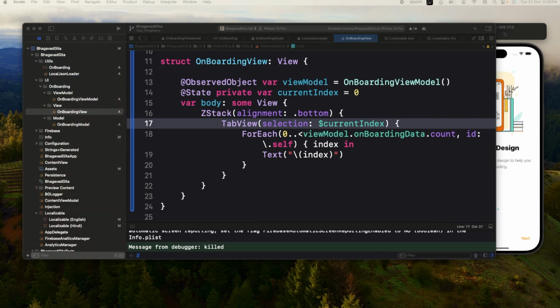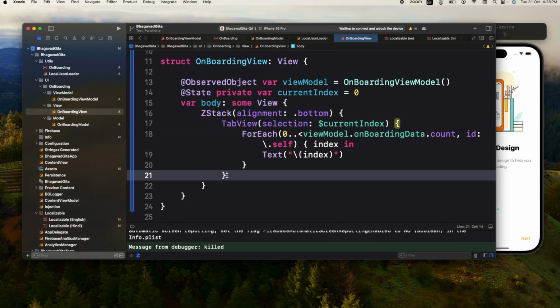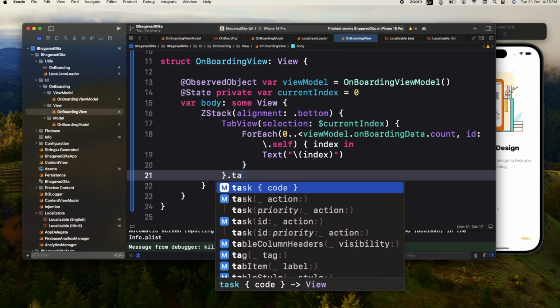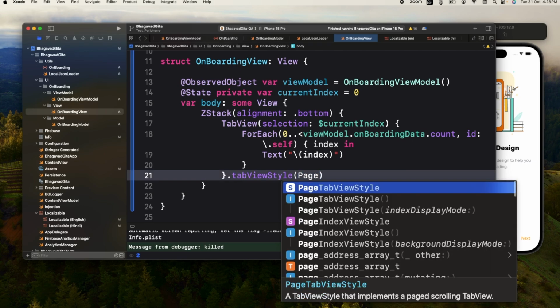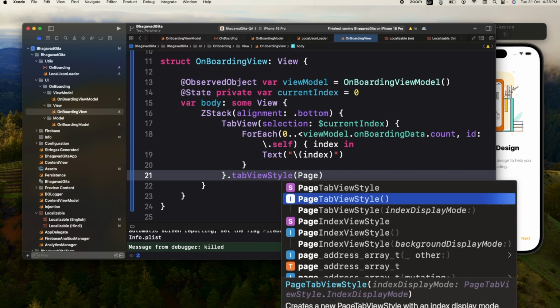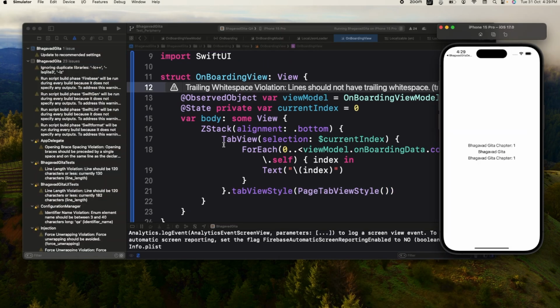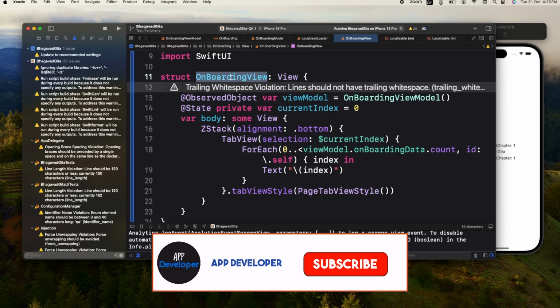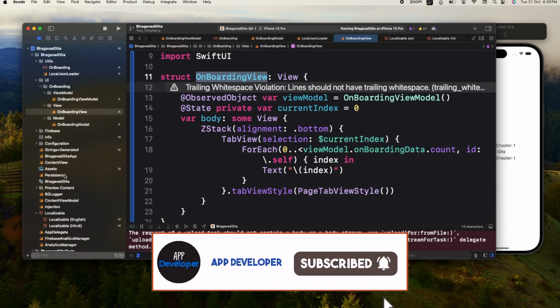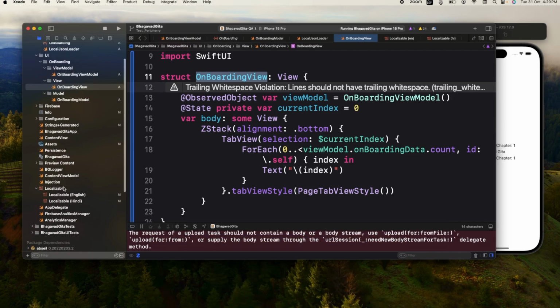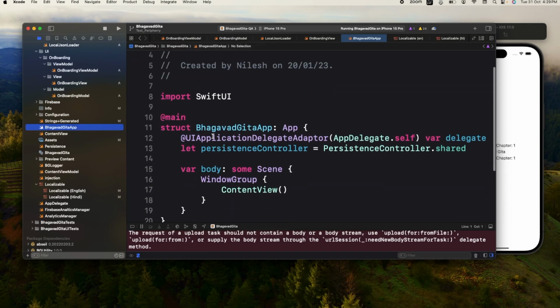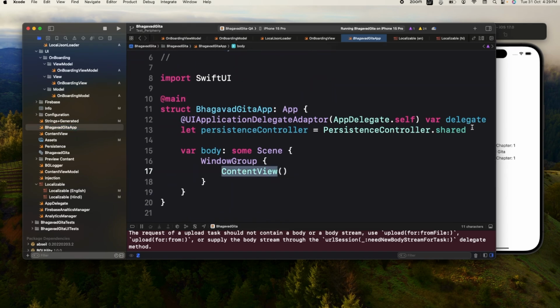Then next, after this tab view, we have to set a few things, that is the tab view style. So here the tab view style is going to be page tab view style, and then yeah, that's all. So we have not actually written the code to load this onboarding view, so let's first write that. Okay, so what we can do is go back to our main view, which is the Bhagavad Gita app, and from here we are loading this content view. So what we can do, we can write